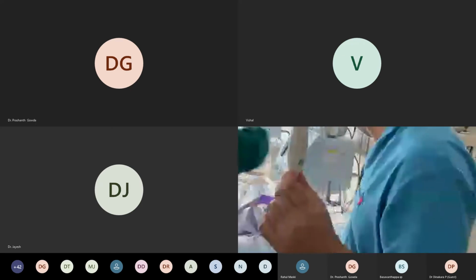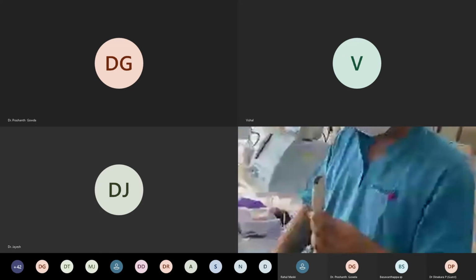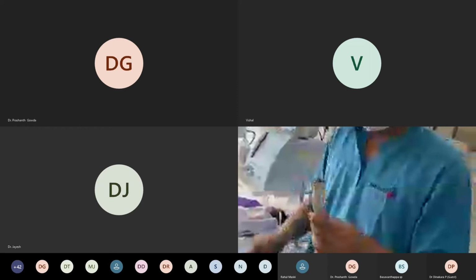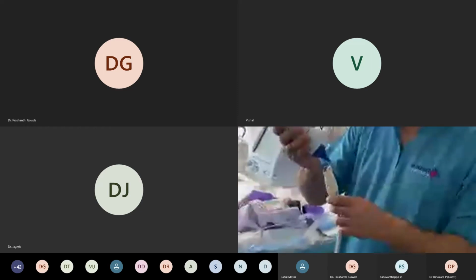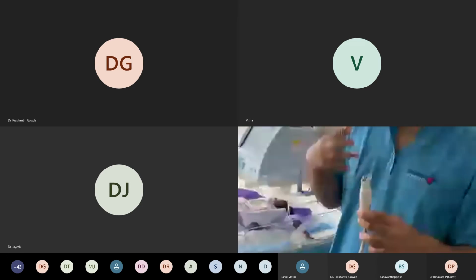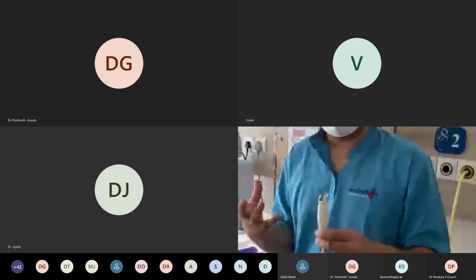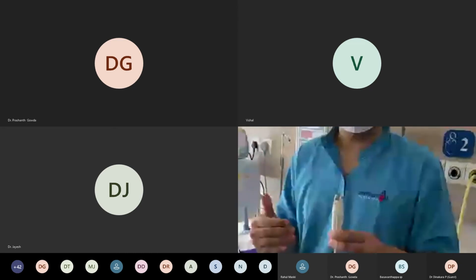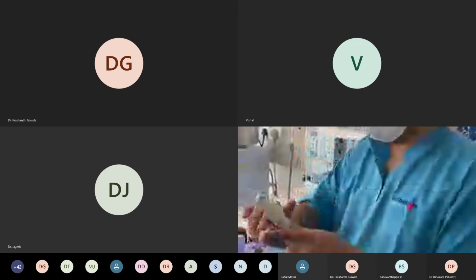The basic things now. Try to keep between 5. You can take any probe that you have. If you are trying to get a very clear picture like a professional, then according to the structure which you want to image, you have to adjust: deeper structure, lower frequency; superficial structure, higher frequency.